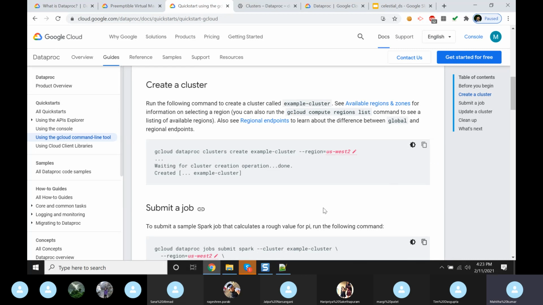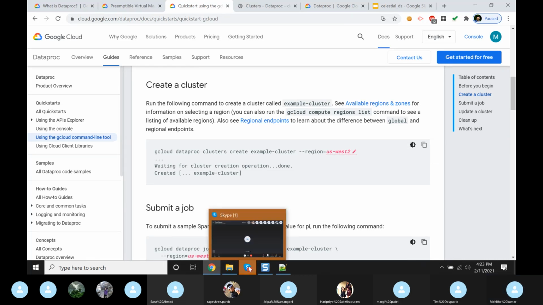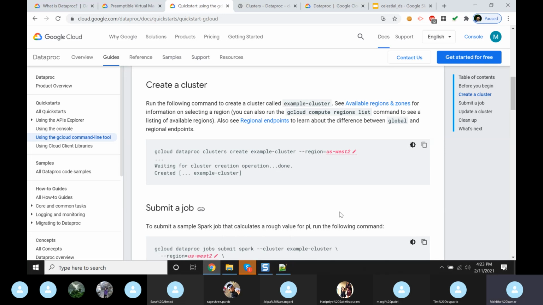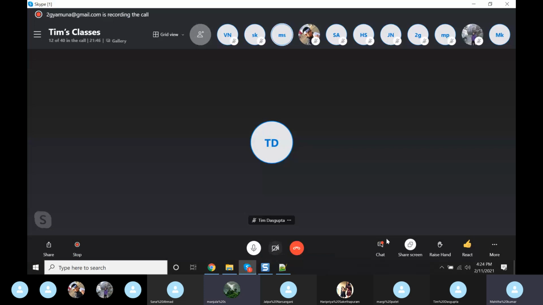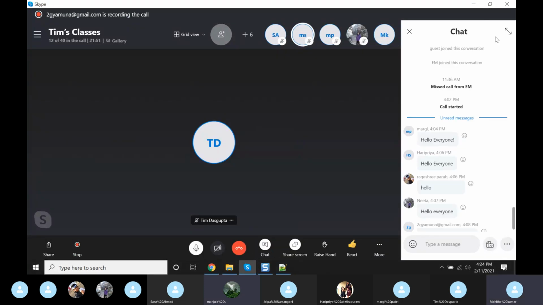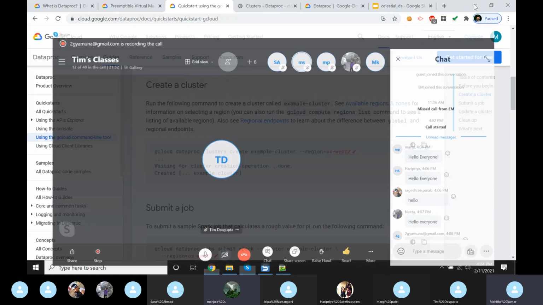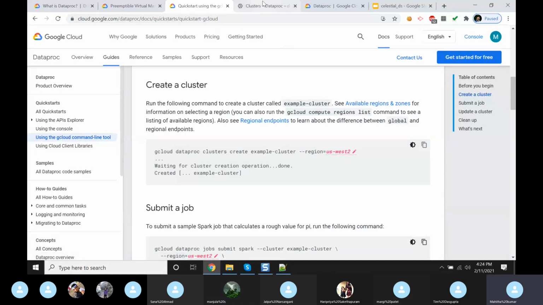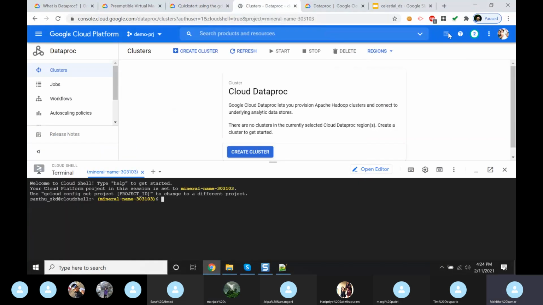Shall I paste the code in the chat box? Is anybody trying? Yeah, I'm trying, Mahita. Oh, okay. So shall I paste the code in the chat window? Yeah, after coming to Dataproc, what was the thing? Where should I click? Just enable this one, Cloud Shell.